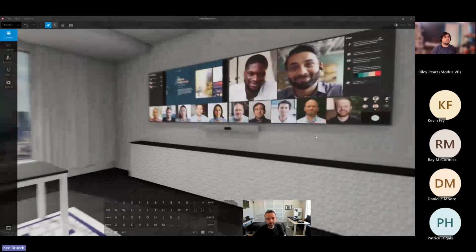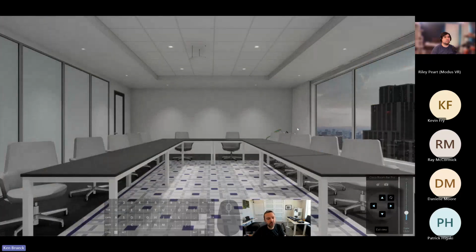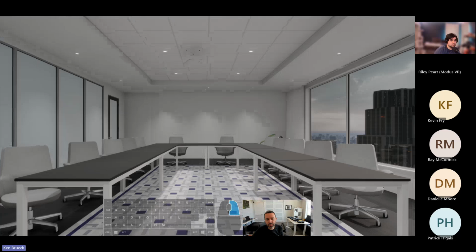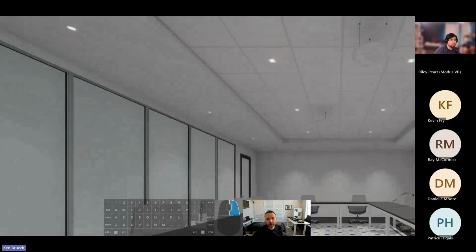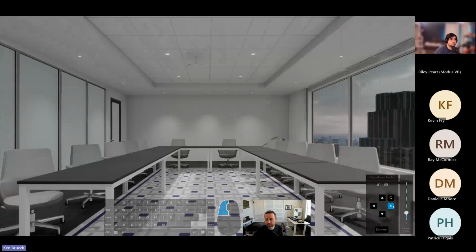Same thing with any chair in the room, but also if you click on a camera, you'll jump right into it. And this is a fun little thing that works in design view as well. We added this in the 2.0 release. If you hold your right mouse button, you can pan and tilt just as you would with that camera rather than having to use these, which are a little bit